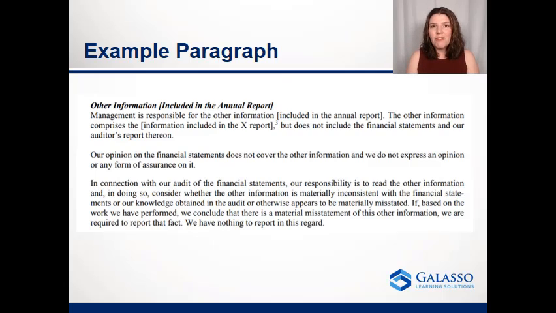Now, you would not provide this paragraph if you were giving a disclaimer of opinion. So if you remember back to the blog that we did regarding the types of opinions out there, you could provide it for qualified or adverse, depending on where the impact is on the qualified or adverse opinion. So why were you giving it? If it was a scope limitation specifically related to this, that would be different than, for example, if it was a topic that's totally unrelated to this other information.